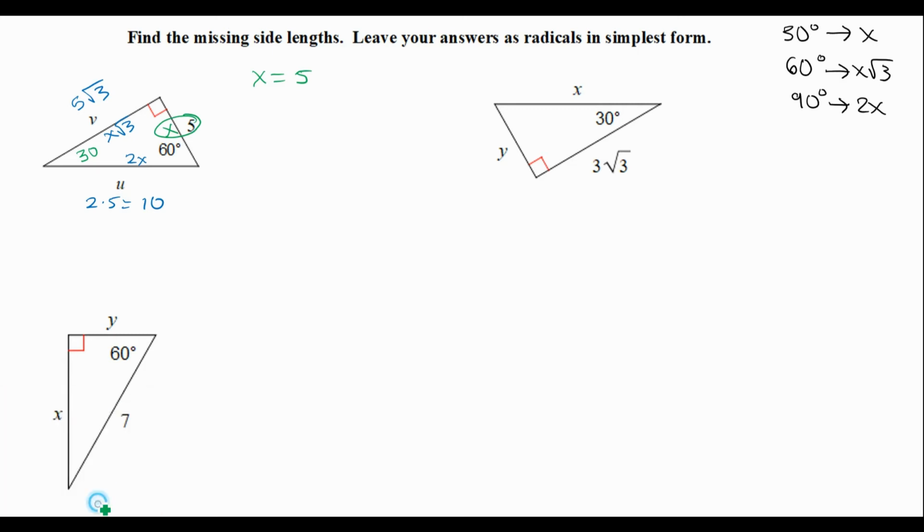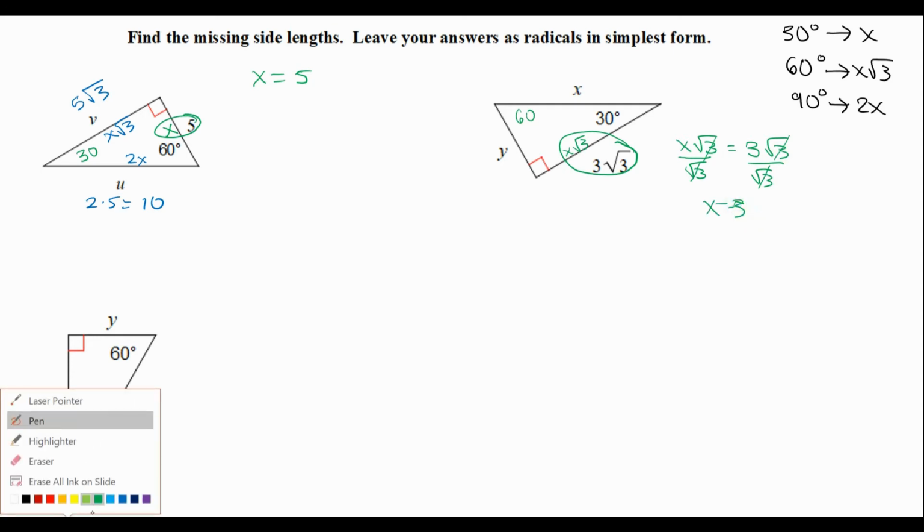For our next example, this missing angle is 60, and across from the 60-degree angle is the relationship of x root 3. So if we write an equation using this, we can say x root 3 equals 3 root 3. Now if we want to solve for x, since this is implying that it's x times the square root of 3, I would divide both sides by the square root of 3. So the square root of 3 cancels, so we get x equals